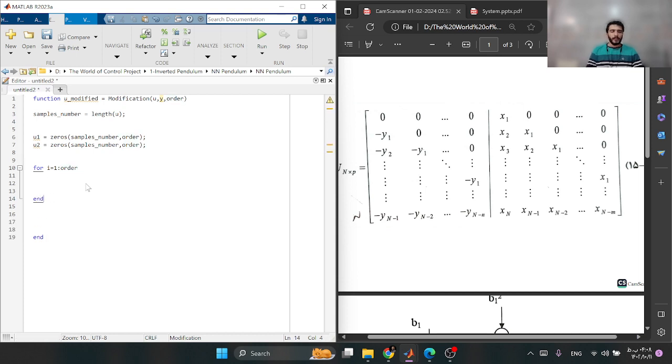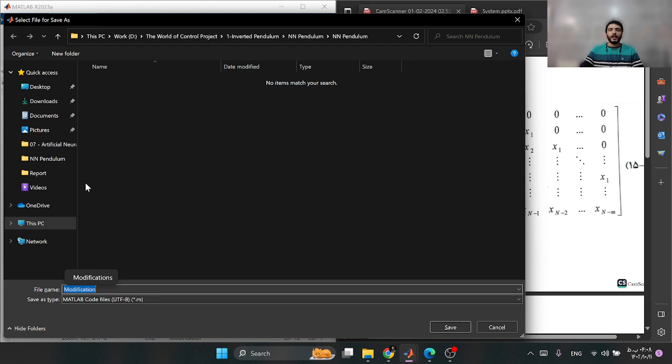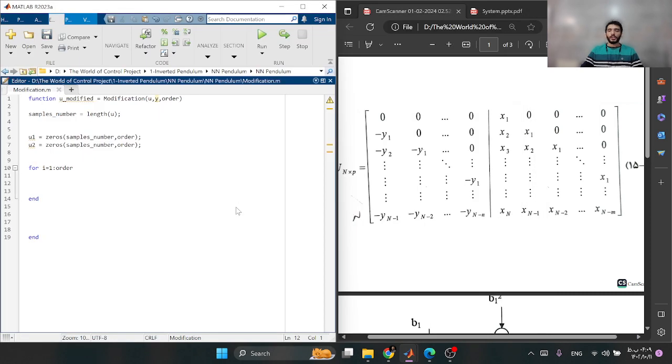I will write the end so as not to forget. And for now I want to first save our function here. I will save this function as modification. Okay, and now we can see that